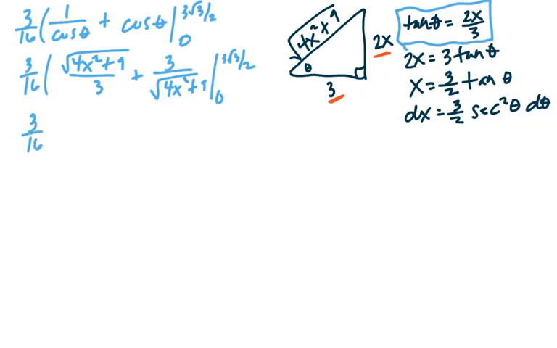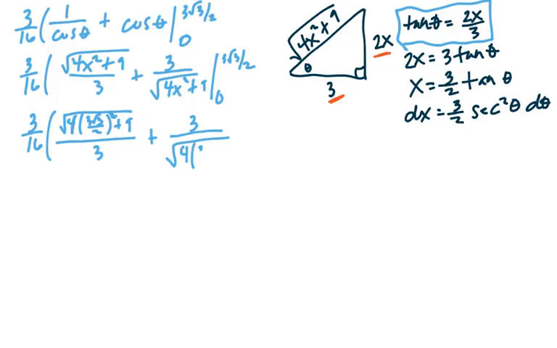We have 3 over 16, and here we have the square root of 4 times 3 squared of 3 over 2 plus squared plus 9. The symbols start to run together, so I don't know that squared can be any more clearly written. And then we have 3 over the square root of 4 times 3 square root of 3 over 2 quantity squared plus 9